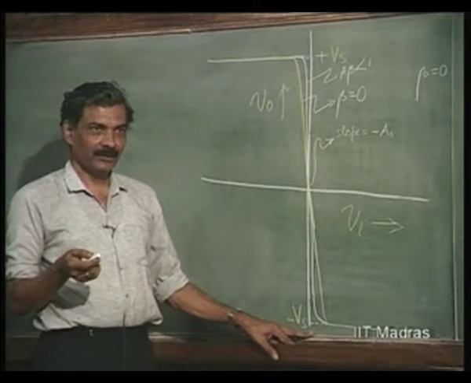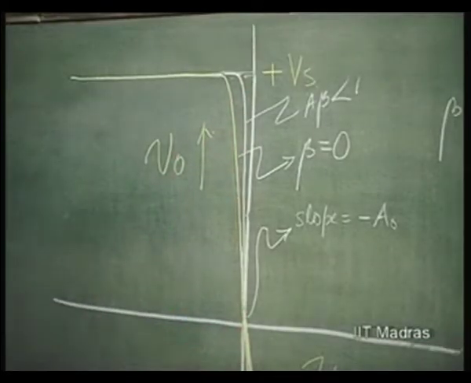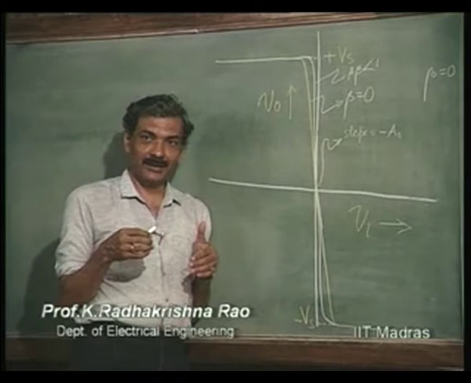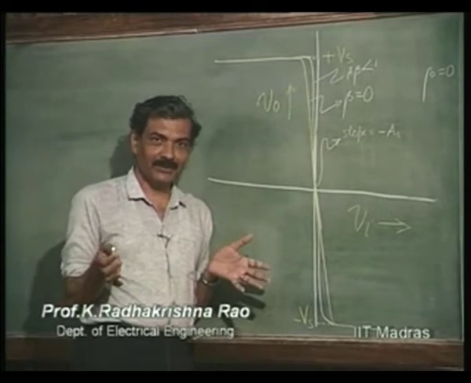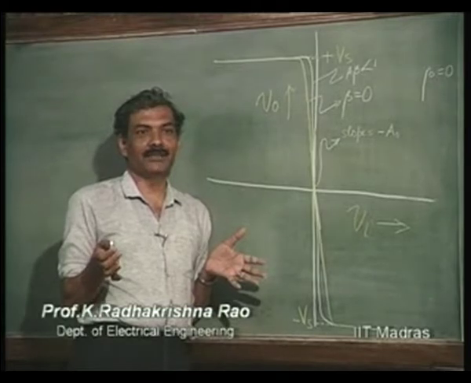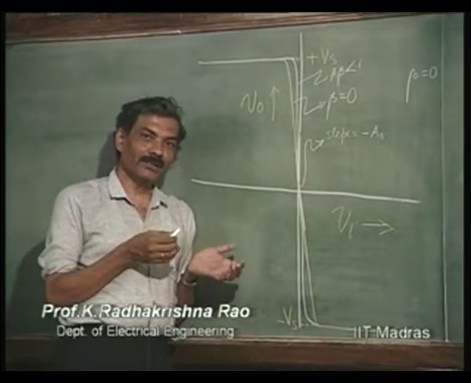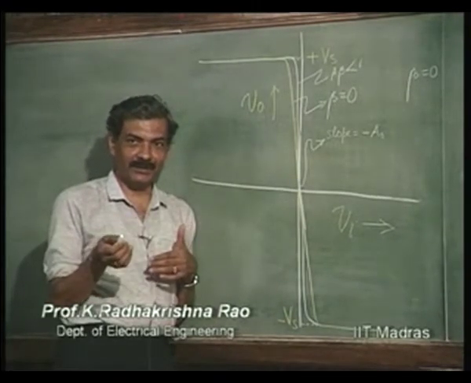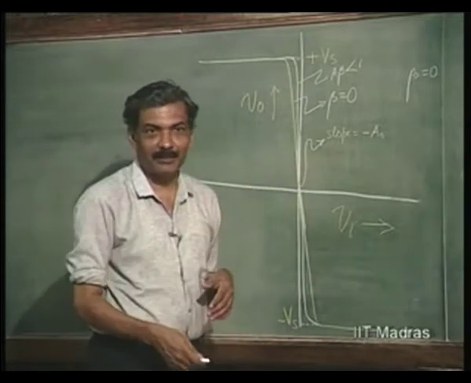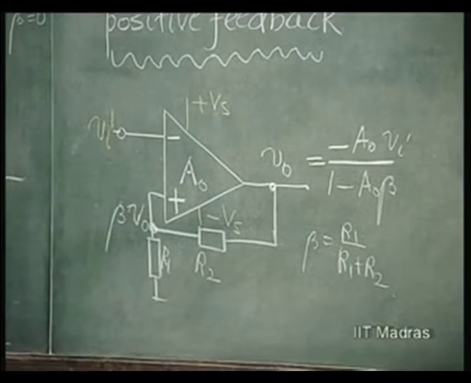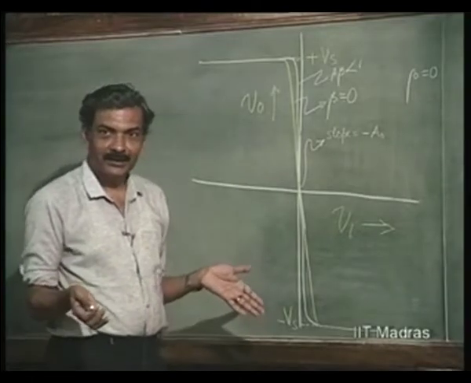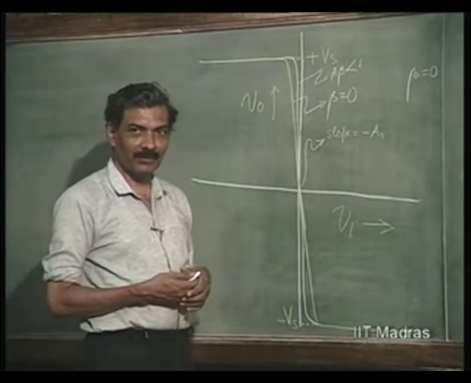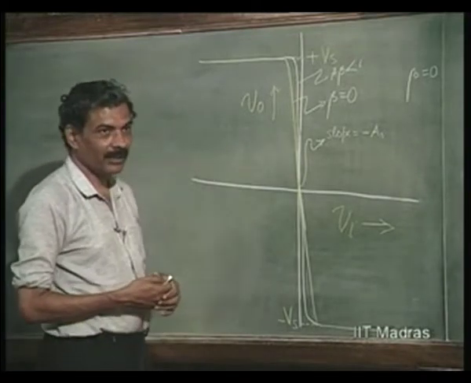Okay. So, output can be anything between. So, that means for an input of 0, you cannot even specify the output. So, the system is going into an unstable situation. As long as V naught is a multiplication of Vi, you have a stable amplifier situation, even if it is minus A naught by 1 minus A naught beta. But now, even for Vi equal to 0, nothing is applied, output is not defined. So, the system has gone into an unstable mode of operation, but it is very useful for other applications we will see,